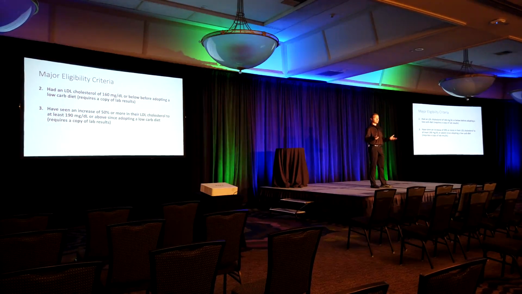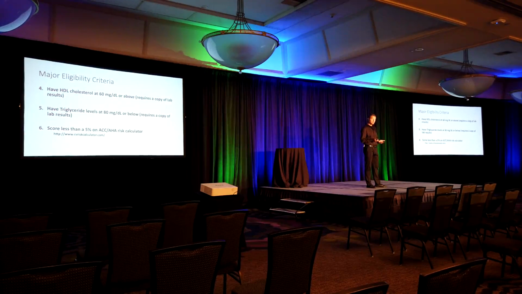I'm going to give you a couple examples to make it easier. So if your LDL was, say, 100 before, and it changed to 200 after, well, then you would have been lower than 160, above 190, and you would have seen an increase of 100%. But let's say that instead, your LDL was 150 to begin with, and then you went to 200. Well, that fits 2 of the criteria, but it's an increase of 33%, not 50%. Part of the reason for this criteria is we want to rule out people who had likely genetic FH beforehand. But on top of that, we have further genetic testing in addition to it.